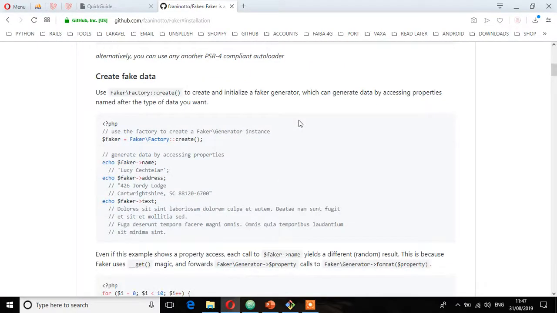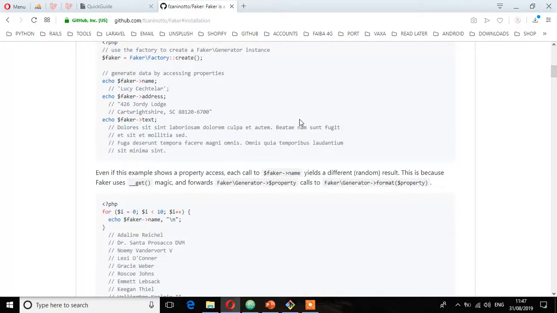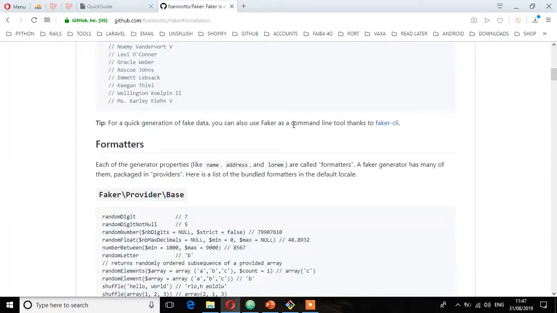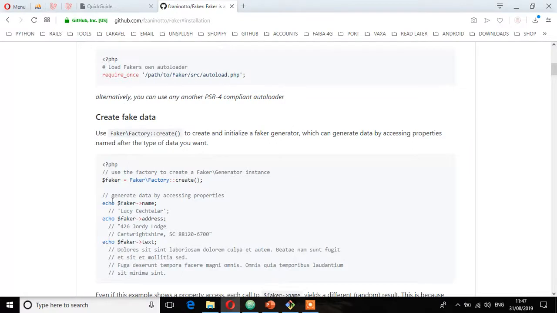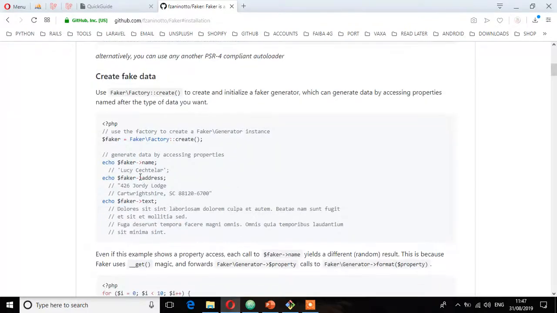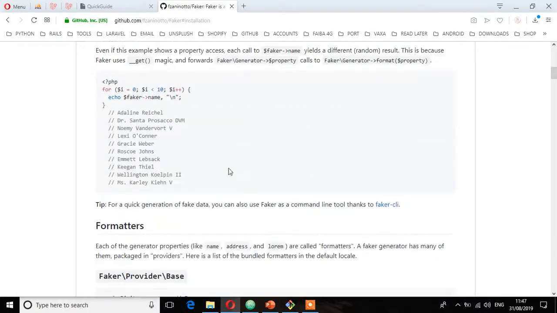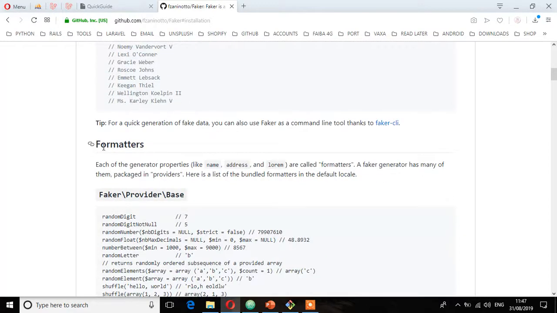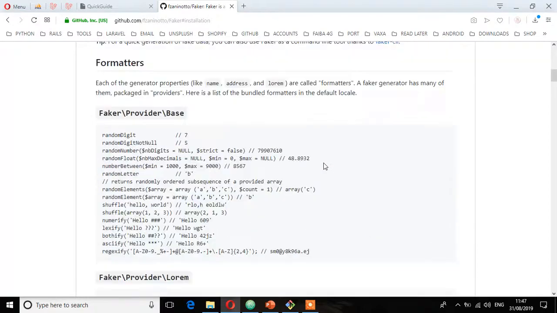So let's see some of the fake data that you can generate with this library. As you can see here, you can generate a name. That means it will generate a name of a person like this one, including the address. And then here you'll see we have things called formatters. Each of the generator properties like name, address, or lorem are called formatters. A Faker generator has many of them packaged in providers, and here is a list of bundled formatters in the default locale. So you can generate a random digit,